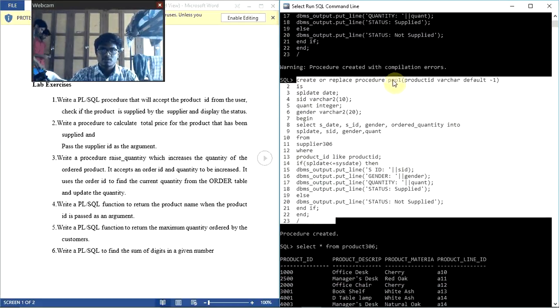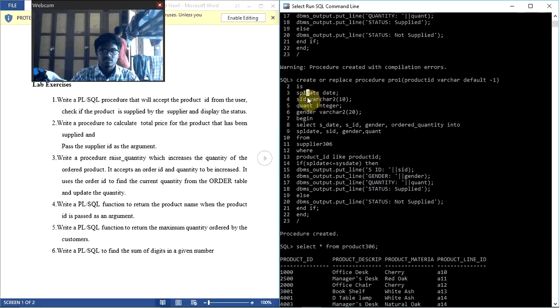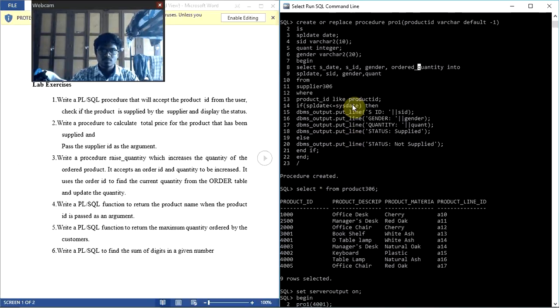Here, in procedure 1, I am getting the product ID from the user and displaying the date and varchar. These are the supply date, then supply ID, quantity, who supplied, and gender; everything will be displayed. The state, SID, gender and product quantity will be stored in these values from the supplier table, where the product ID is taken from the user. If it's less than the system date, then it will show it is supplied, otherwise